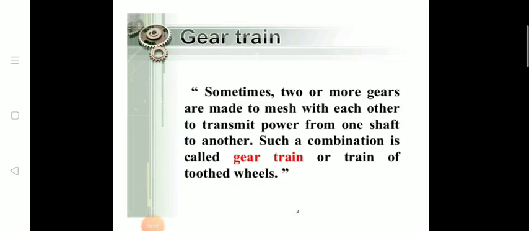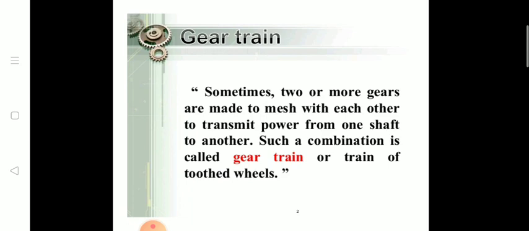Today we are going to study the different kinds of gear trains. We had already discussed in our previous lectures the nomenclature and terminology of gears. There are different types of gears like spur gear, worm gear, helical gear and bevel gear. We also studied terminology like pressure angle, module, addendum, dedendum and pitch circle diameter.